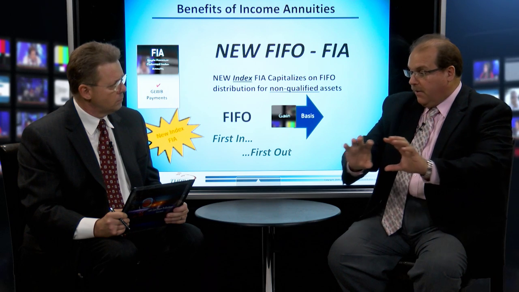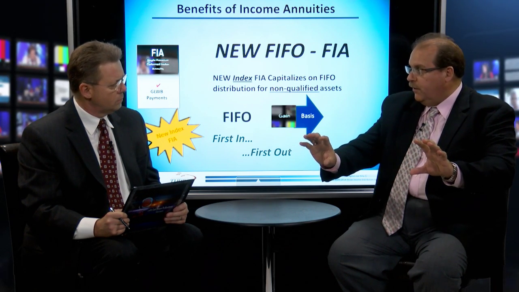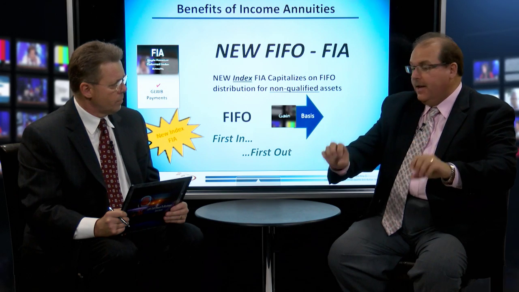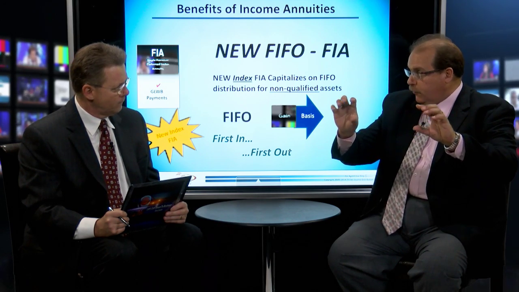So think of the bottom half of this rectangle representing the $20,000 in my deferred annuity as yellow, and the top part of the triangle is green, dark green, and it's my basis. I have to get rid of all the yellow, and when I get rid of all the yellow, it's 100% return of basis. Flip that upside down now. So now green is on the bottom and yellow's on top. So now I'm taking $1,000 out, and now it's first in, first out. So now I'm going to get all my basis, no tax,